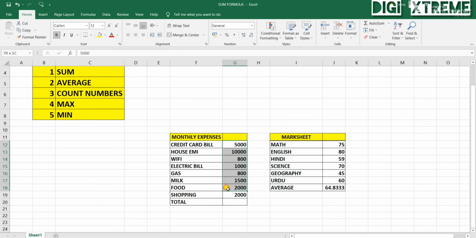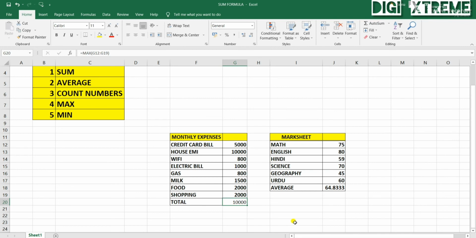I have right clicked the mouse and dragged till down. Now I will go to this tab auto sum, then there is an option max. I'll click on max. Then it has given me the result. It's 10,000. 10,000 is the highest I'm spending on house EMI.